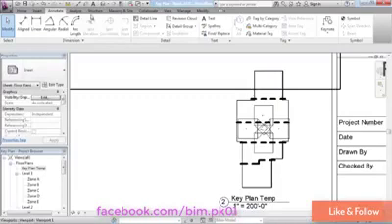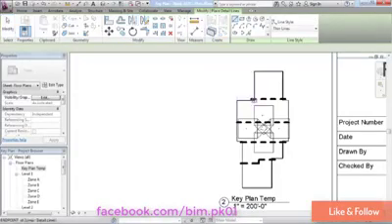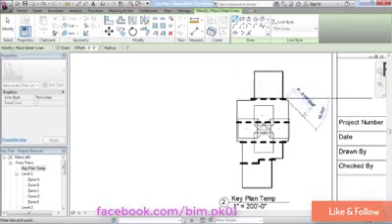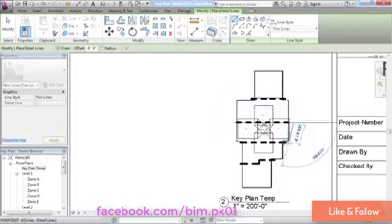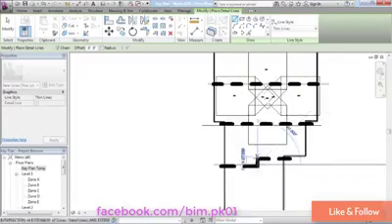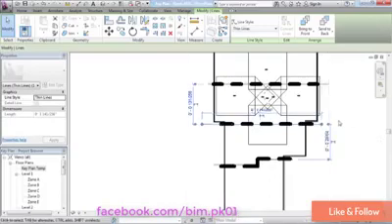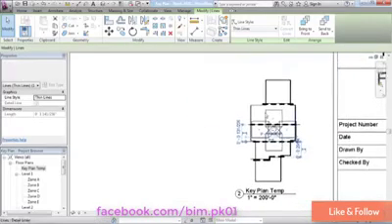And then I want to also draw some detail lines for the match lines. So we'll put one here, out here, and it doesn't really matter how long these are. So if I pull them out here, it's a little easier to keep them from trying to snap to the line work that I've already drawn. Sometimes you have to zoom in to do that. So once I have those lines drawn,